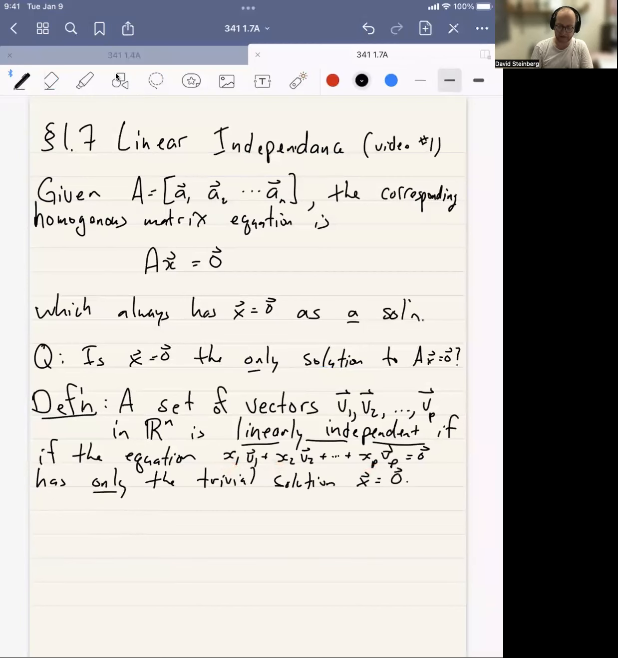So if these vectors are linearly independent, the only way to get the sum to the 0 vector is if you kill each vector with the number 0 in front of it. Otherwise we could say that v1 through vp are linearly dependent. Let's be a little more explicit about that. These vectors are linearly dependent